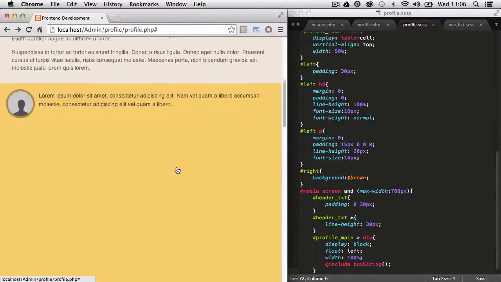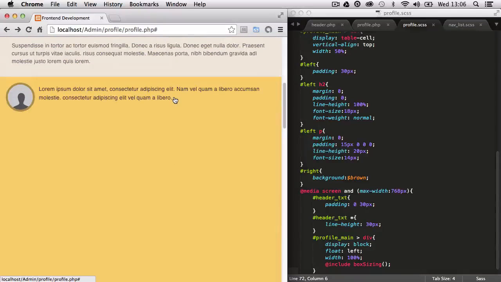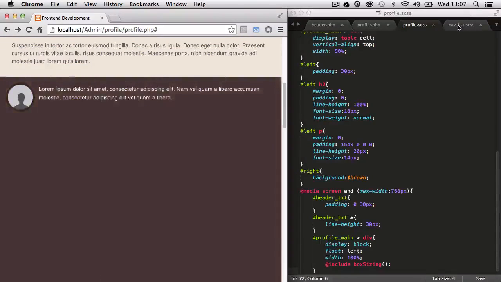But you'll notice now that we have these anchors. Now these anchors have actually got their height set to 100%, which was fine when we were setting the height of the list item. However, now it's not actually needed. So let's take a look at that